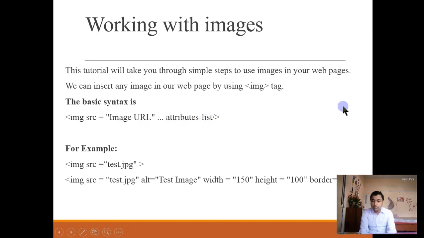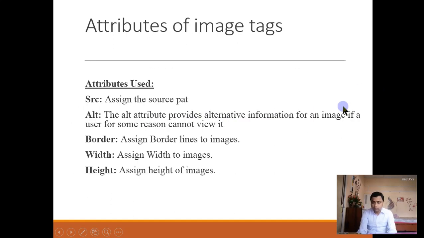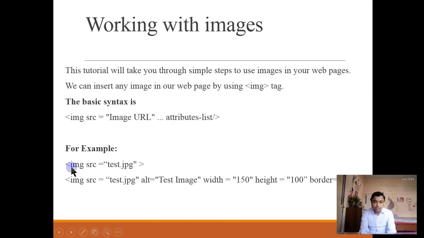For example, here you can see img src test.jpg. That means we will insert an image whose name is test.jpg, and these are some attributes known as alt, width, height, border, etc.